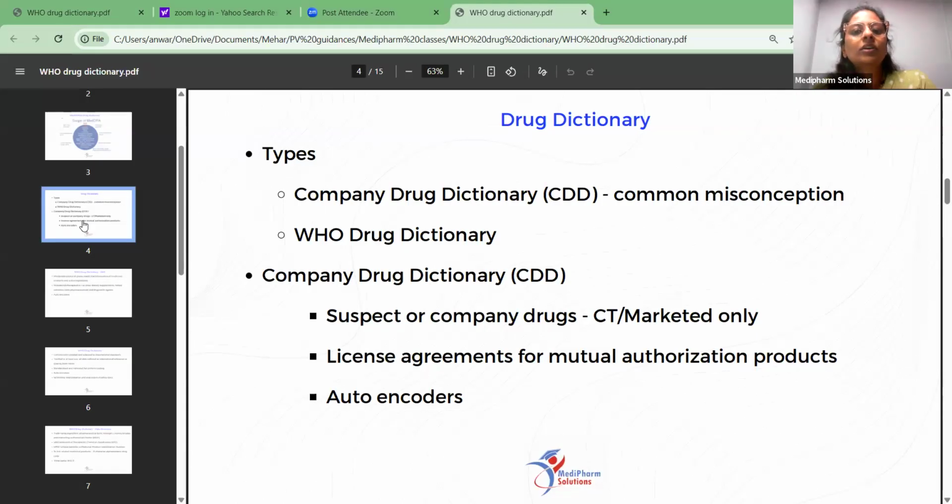Then all the other medication the subject was taking at the time of experiencing this adverse event would become the concomitant medication. So there will be a certain time frame, like